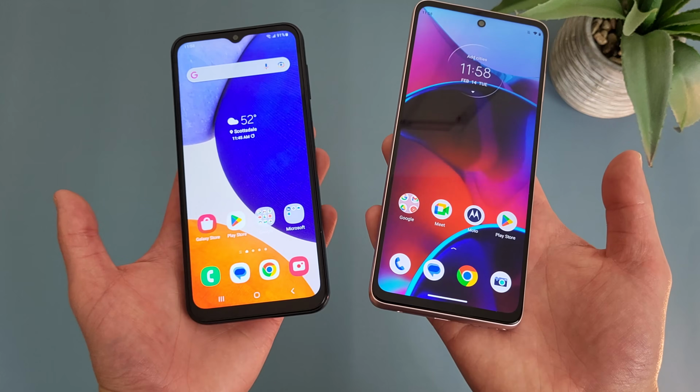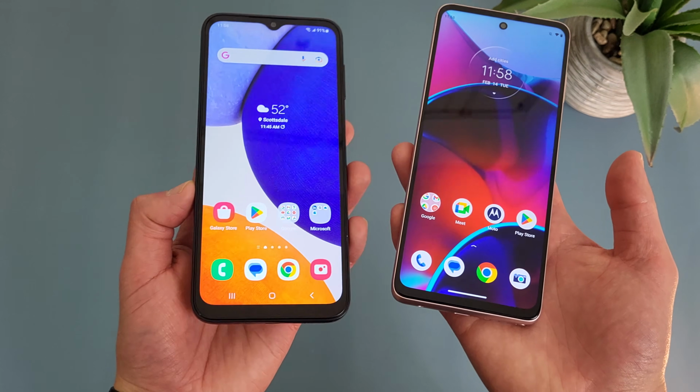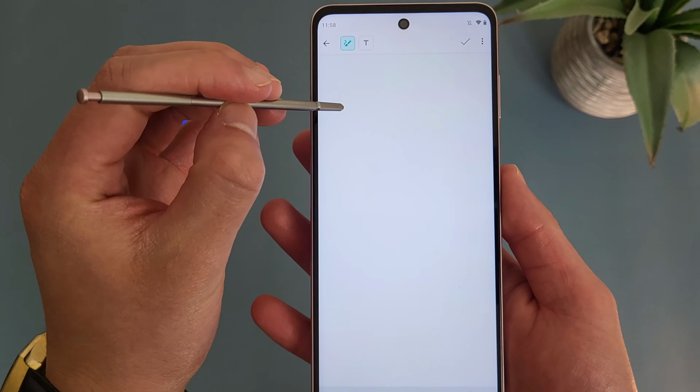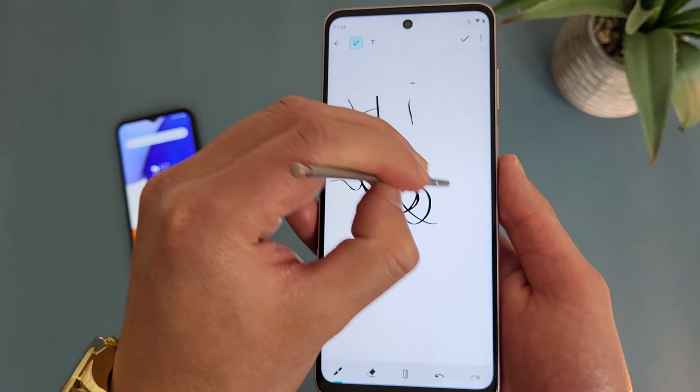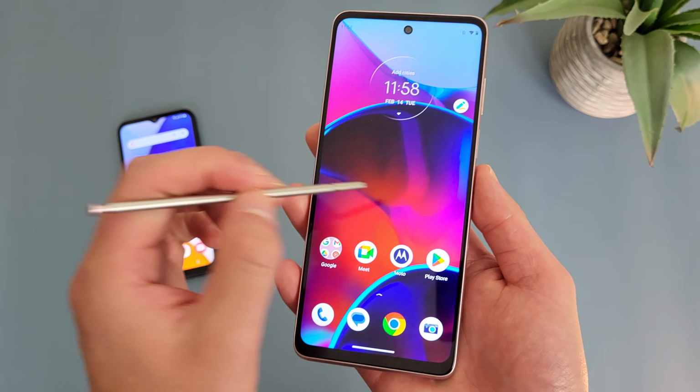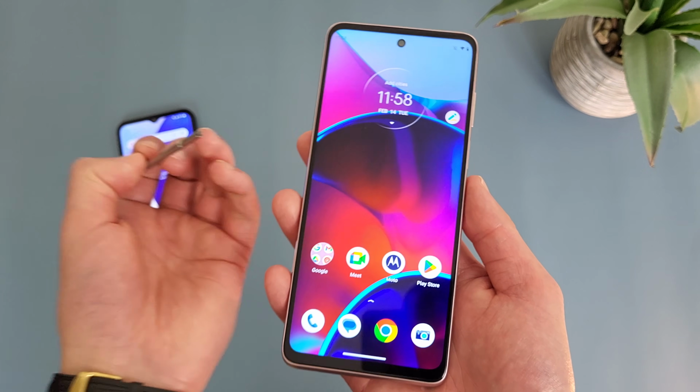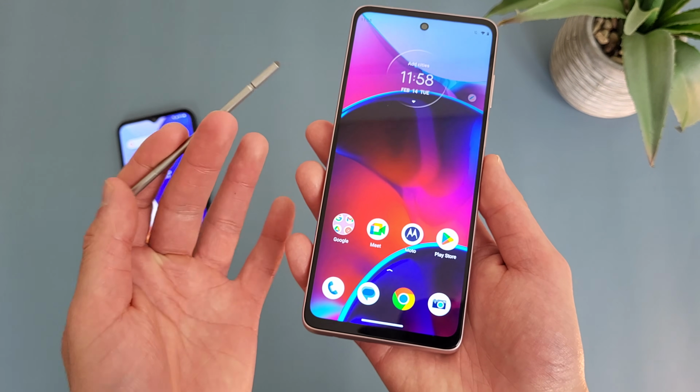And again, obviously, the Moto G Stylus does have a stylus, whereas the A14 5G doesn't. And while it's maybe not the best stylus in the world, it still does get the job done. So if you want to use the phone for taking handwritten notes, and then just navigating through your home screen and using the phone as a phone, for that kind of use, the stylus is definitely a nice feature to have,